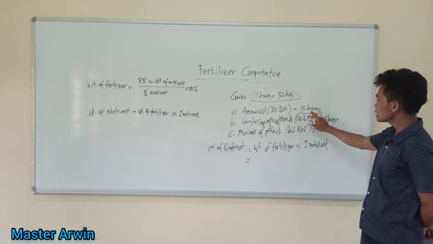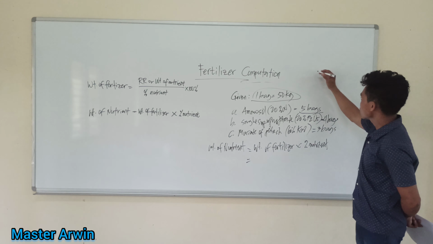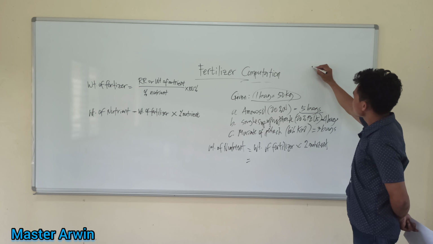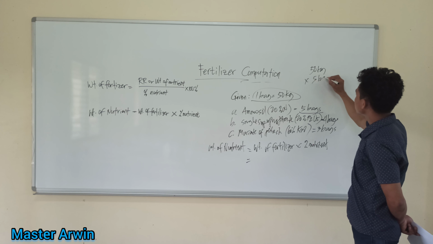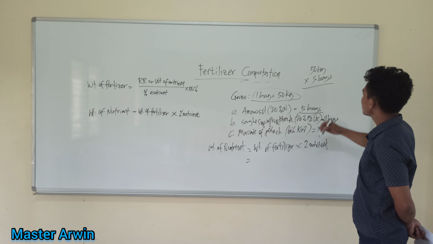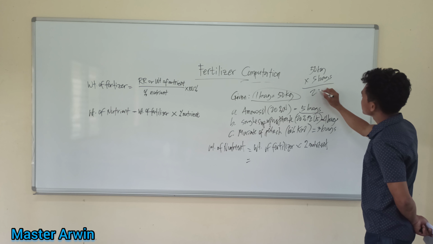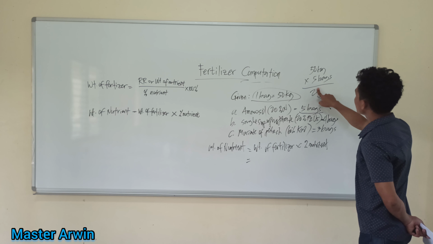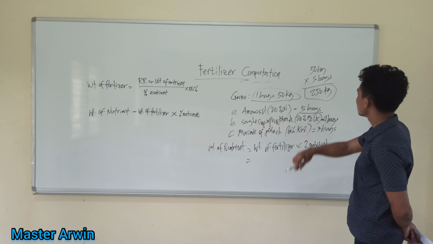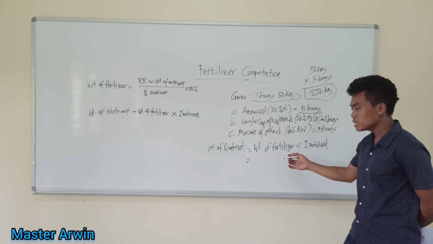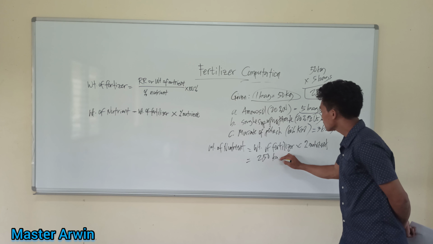So, how many kilograms are there in 5 bags? Like this, 50 kilograms times 5 bags. That would be 250 kilograms. Okay, so the weight of the fertilizer is 250 kilograms